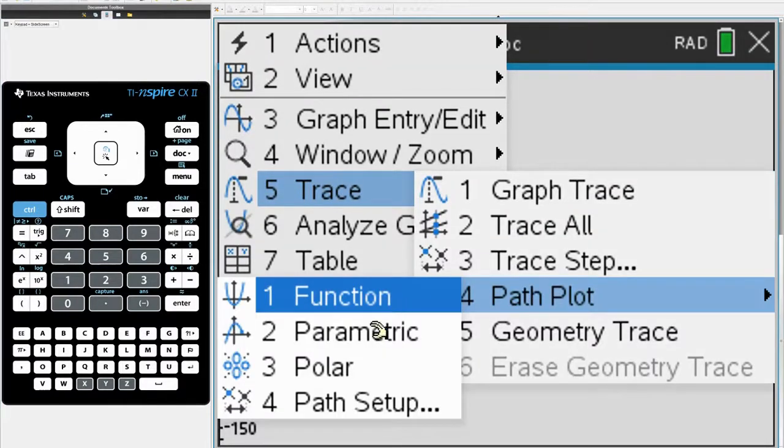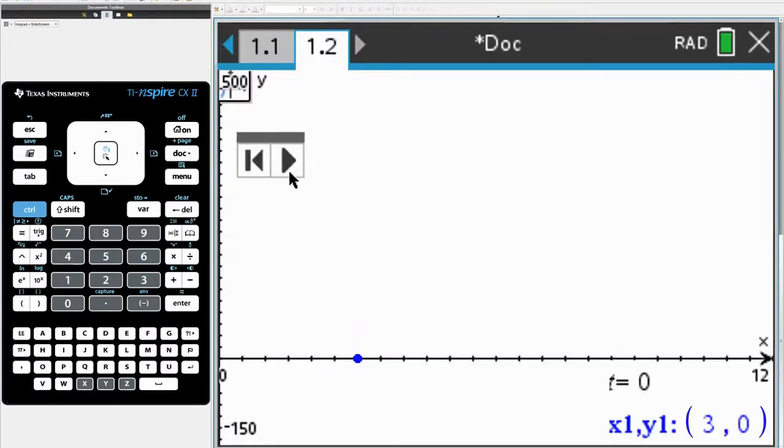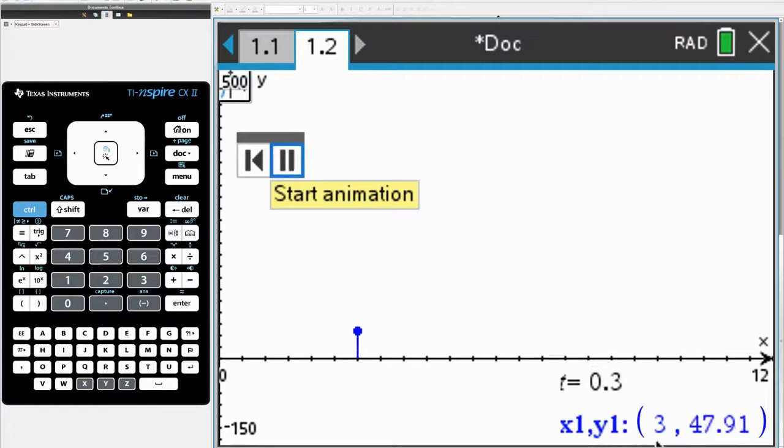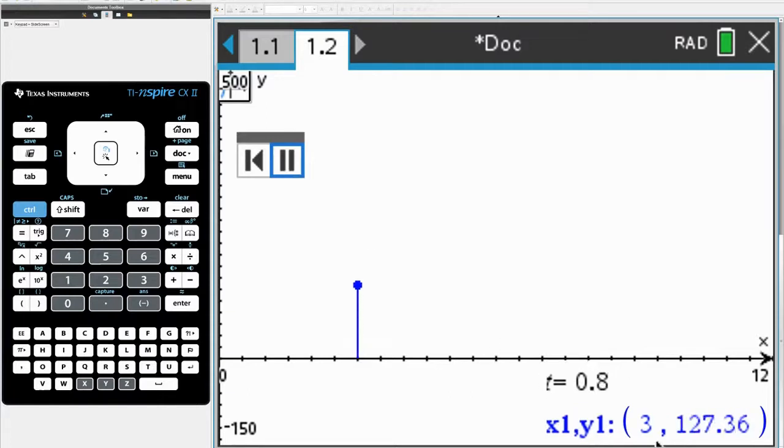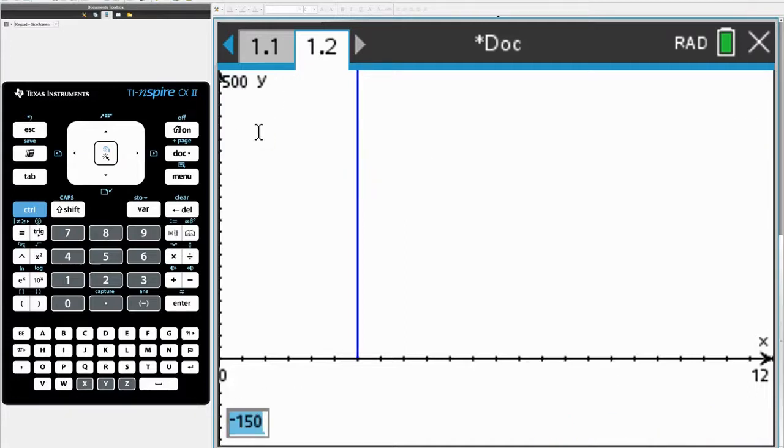This is the part that you can only do if you have the new one. So I'm going to press play, and now time is the variable, and you can see, I know this is so silly, you can probably fast forward to it, but as time increases, you can see it trace and draw the motion of the graph. Now, you can again only do this if you have the newer calculator or the Inspire CX2. At some point, it's going to reach the maximum height, so you can see that the y value is increasing, and I'm going to pause the animation and change this to be